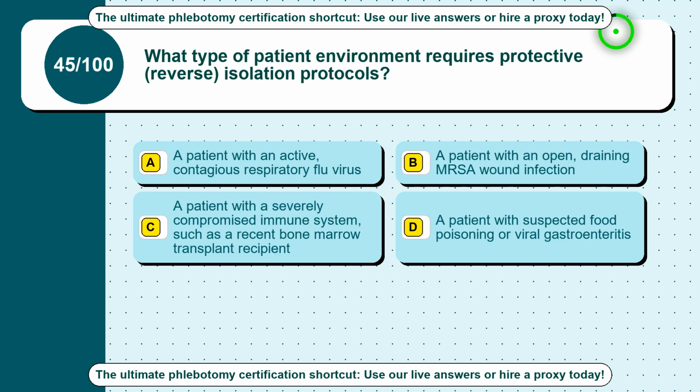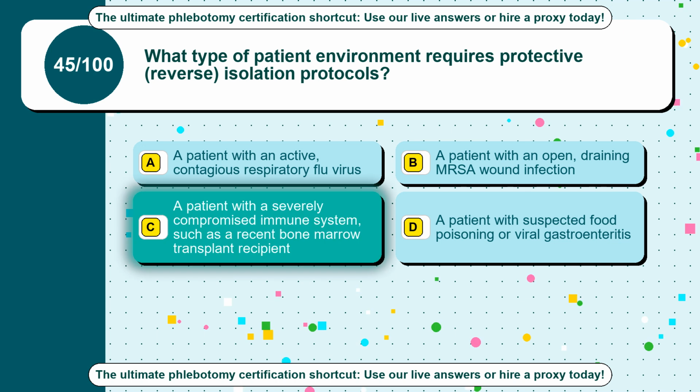Question 45. What type of patient environment requires protective, reverse, isolation protocols? Option A, a patient with an active, contagious respiratory flu virus. Option B, a patient with an open, draining MRSA wound infection. Option C, a patient with a severely compromised immune system, such as a recent bone marrow transplant recipient. Option D, a patient with suspected food poisoning or viral gastroenteritis. The correct answer is option C, a patient with a severely compromised immune system, such as a recent bone marrow